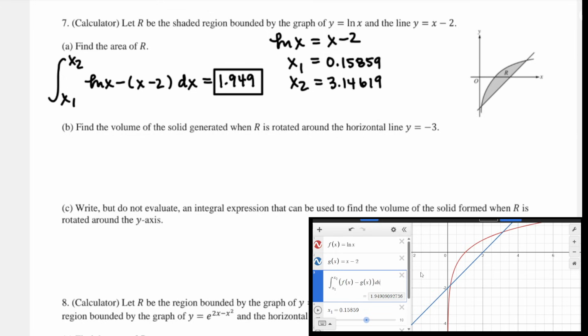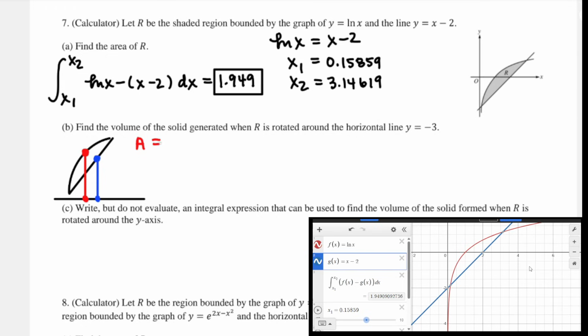Volume of the solid generated when R is rotated on the horizontal line y equals -3. Okay, so I'm going to say something like that. y equals -3 is just below that, or a little bit below that. And so I need 2 radii, a large radius going all the way across the region and a small radius just going to the near edge of the region. So